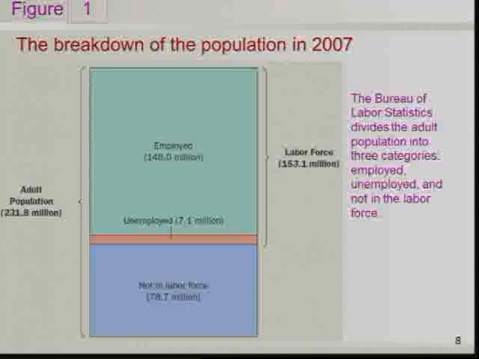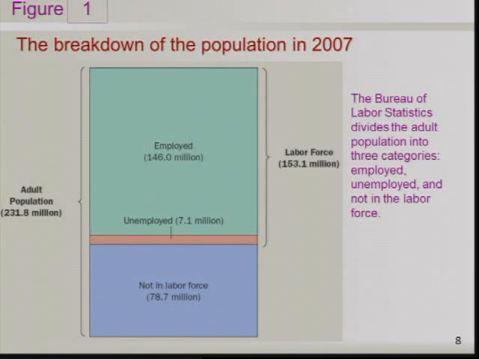This is from the older version of the book, but I just wanted you to see for comparison purposes. As of 2009, the employed category, so people who say, yes, I'm working right now, decreased to 139.9 million. People who said, not looking for a job right now and are considered not in the labor force, was 78.7 million. You can see here in 2007,